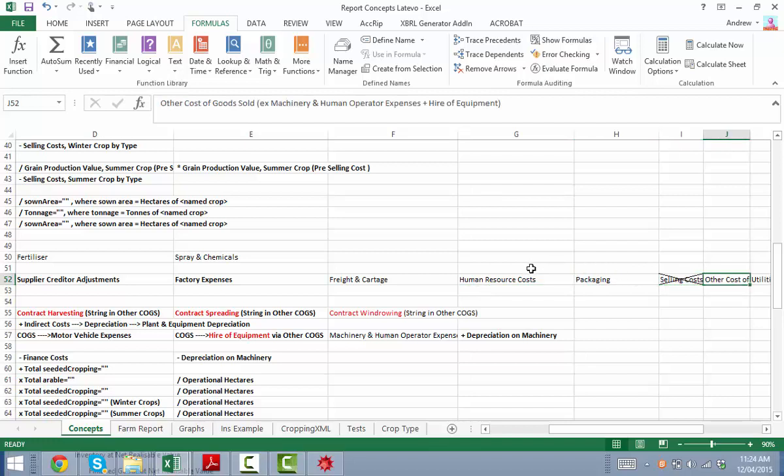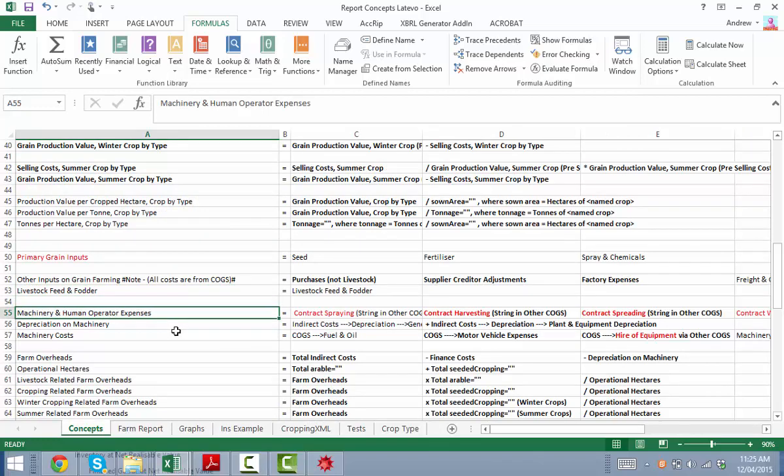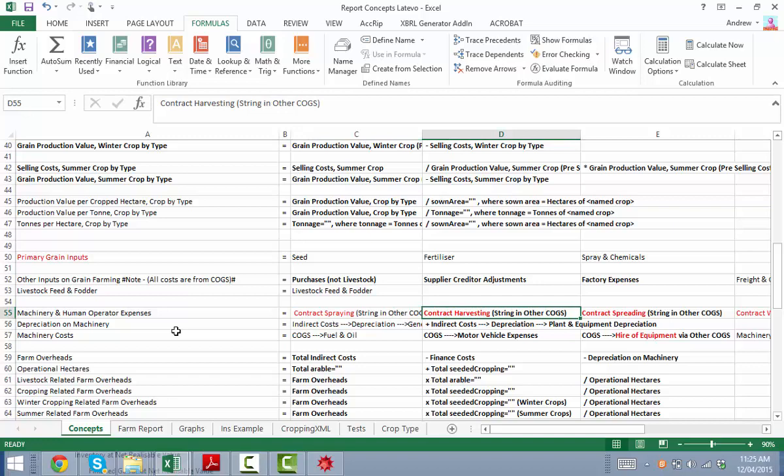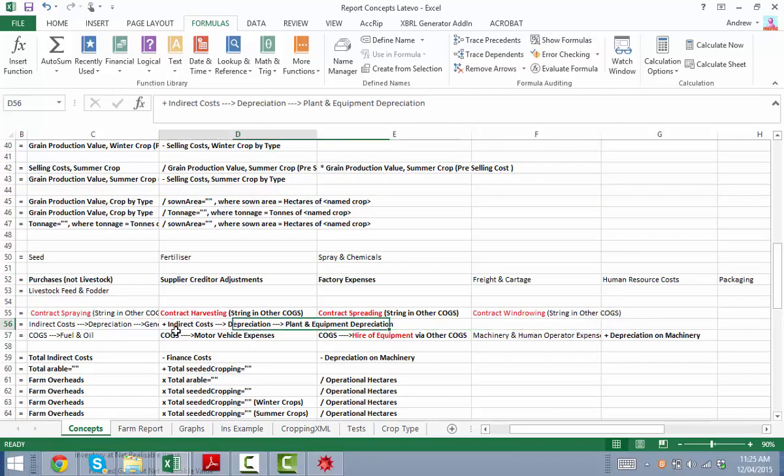Packaging and selling costs are extracted out anyway, and then anything else that sits in other cost of goods sold excludes the machinery and human operator expenses and hire of equipment, both of which are defined separately down here. So we've now figured out that machinery and human operator costs include contract spraying, so we'll look for strings in other COGS: contract harvesting, contract spreading, and contract windrowing. So that's all per Andrew's